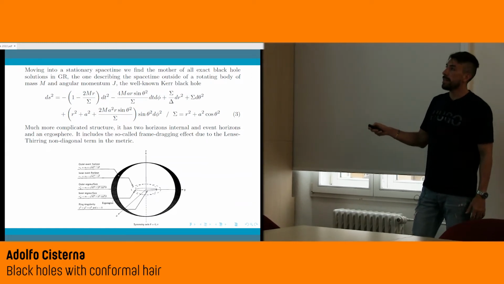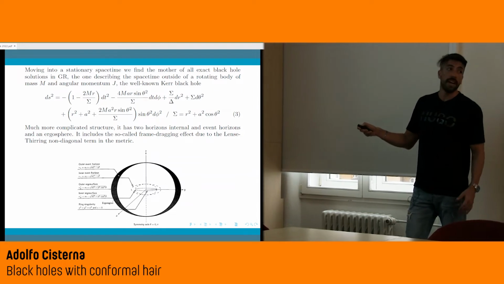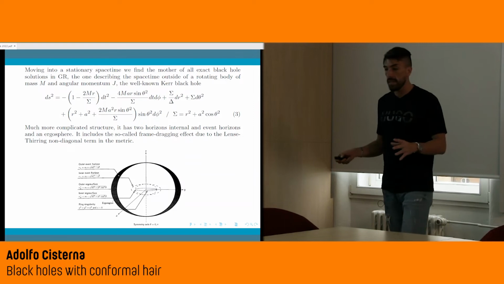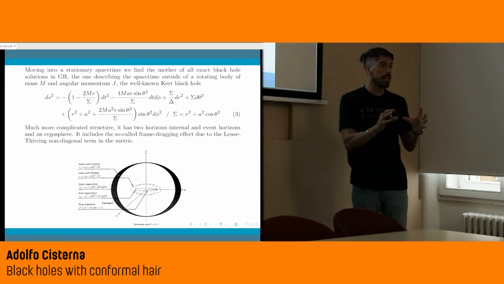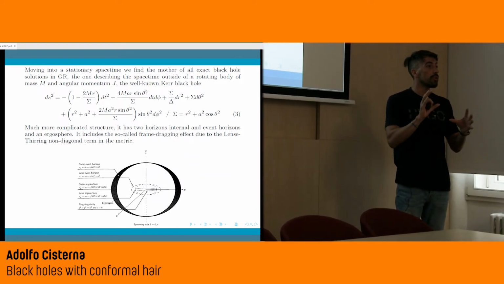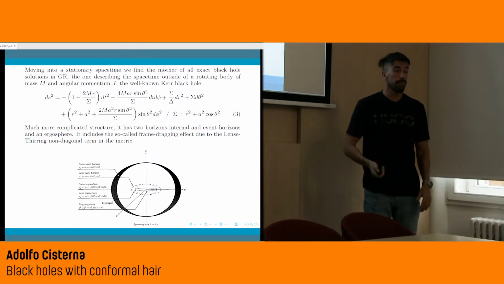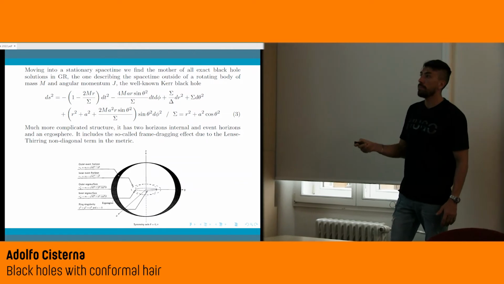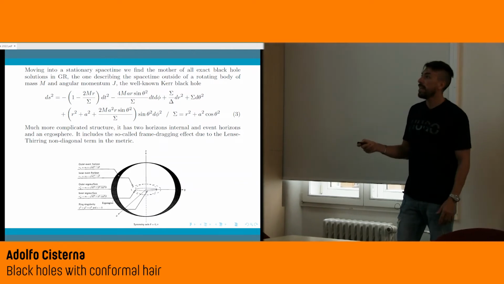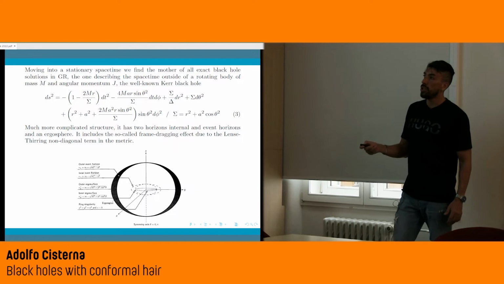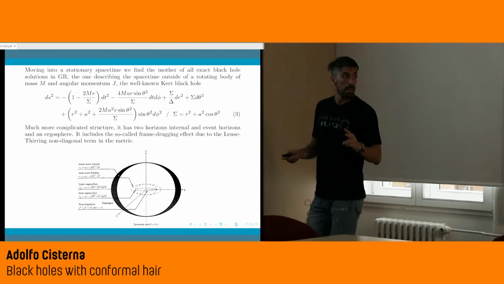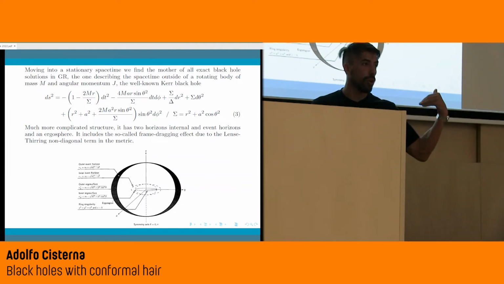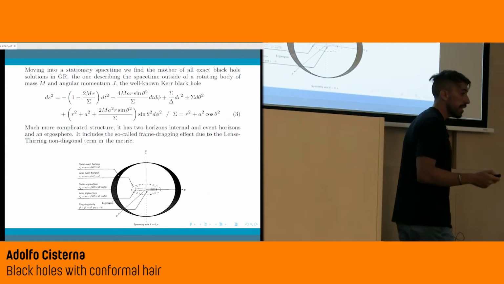stationary axially symmetric solution of Einstein equations is known as the Kerr black hole, or the Kerr metric. And the Kerr metric represents the exterior region of a body that now is also rotating. Okay? This is the Kerr metric. It's much more complicated, and its structure is much more involved too, but much more interesting, and does possess also two horizons, the outer or event horizon and an inner horizon, just as we saw in the Reissner-Nordström case, but it also